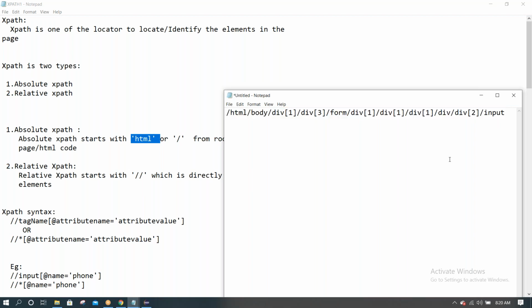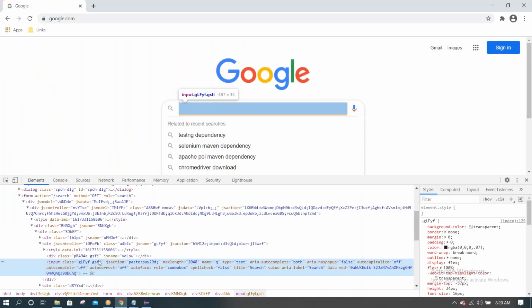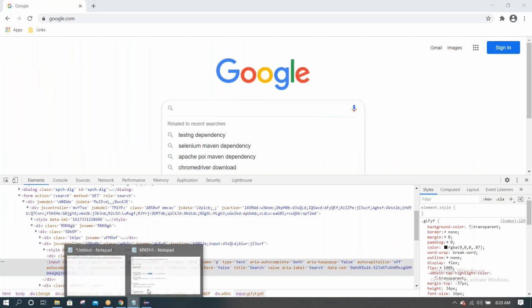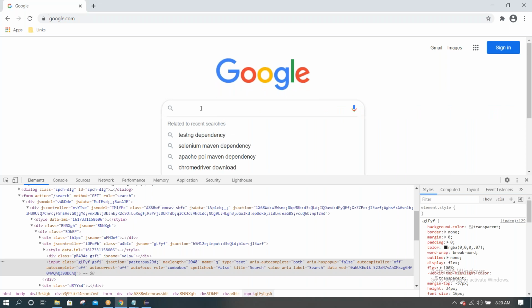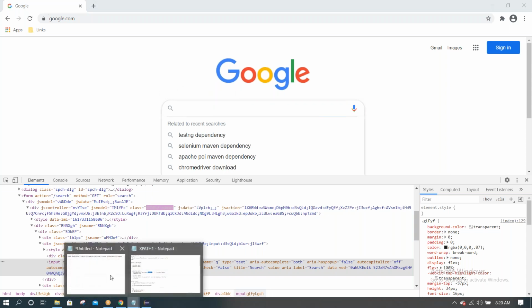It is not recommended to use the absolute XPath. Why? If any changes happen in the application, this HTML code will change. This root will change. Then it will not identify our text box. If no changes are happening in the application, then this XPath is fine.